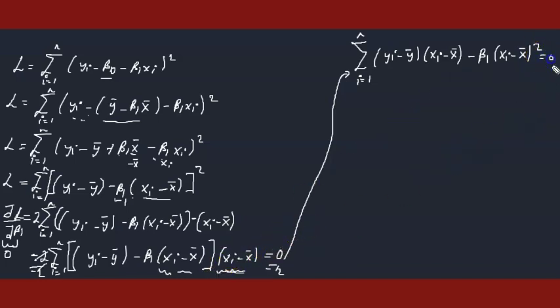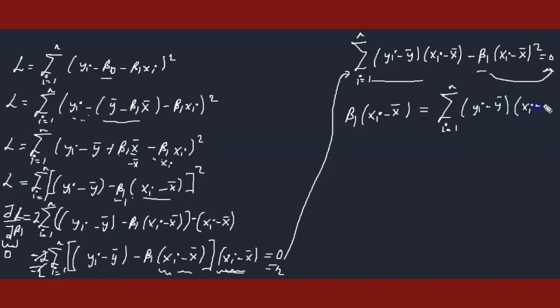So we shouldn't forget the 0. We have a 0 there. So what we want is beta 1. So we are going to take it to the other side like that so that we just remain with this term here. So let's go on and do that. I want to start with the term we have taken to the other side so that it looks very well, like that. So that this term will go there. There's nothing like changing the signs. We are just interchanging. So this will be just the summation of i equals 1 to n, then y i minus y bar, then x i minus x bar, like that. Then dividing by this term